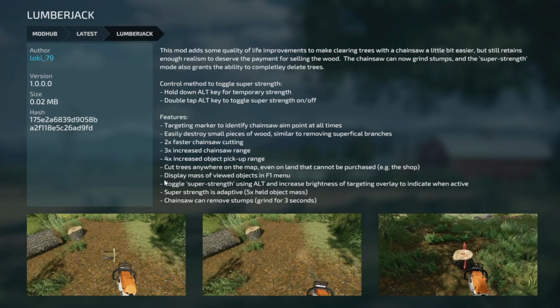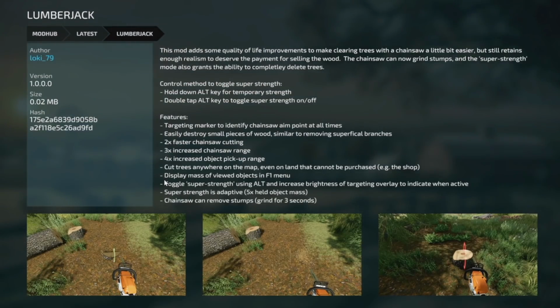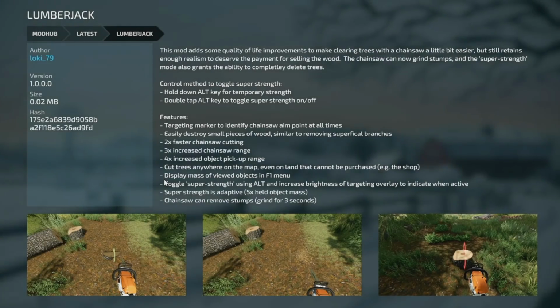Control methods are going to be: hold down Alt-T for temporary strength and double tap Alt to get the super strength on and off. You've also got a targeting marker to identify the chainsaw aim point at times, easily destroy small pieces of wood, similar to removing superficial branches, 2 times faster chainsaw cutting, 3 times increased chainsaw range, and 4 times increased object pickup